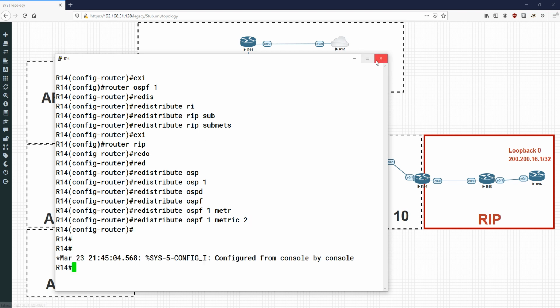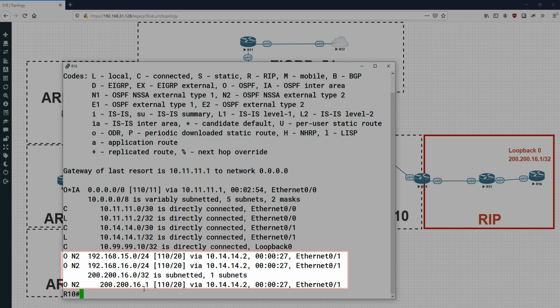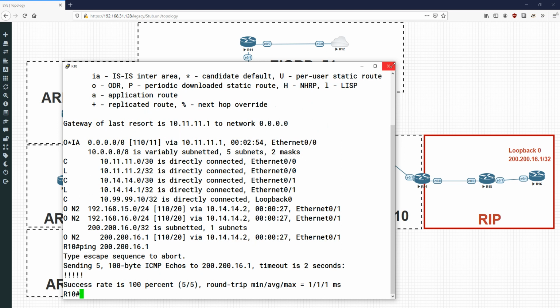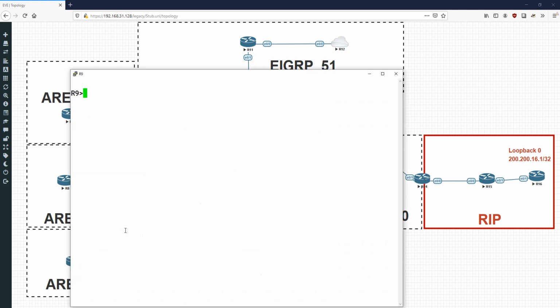So now if we go into router 10, we should now see these N2 routes, and there we go. So we can now see that we've actually successfully removed all the E2s, all the IAs, but we're still allowing this redistribution via type 7 LSAs. And let's try and ping that loopback on the RIP network. There we go. And if we check over here, just like the not so stubby area, from this router's point of view,